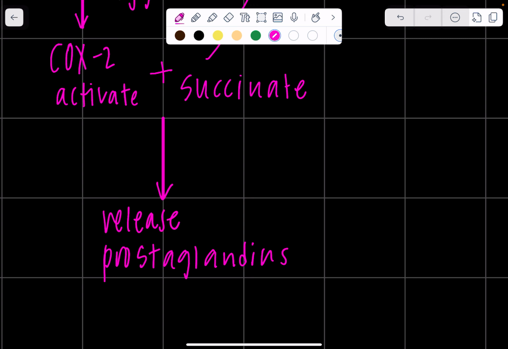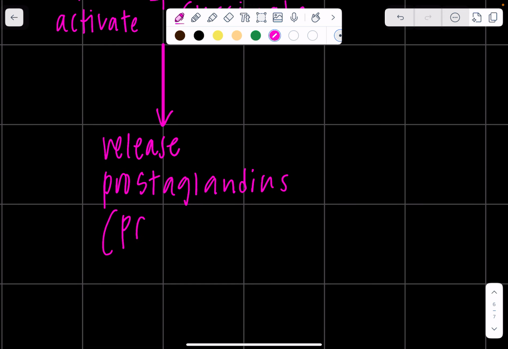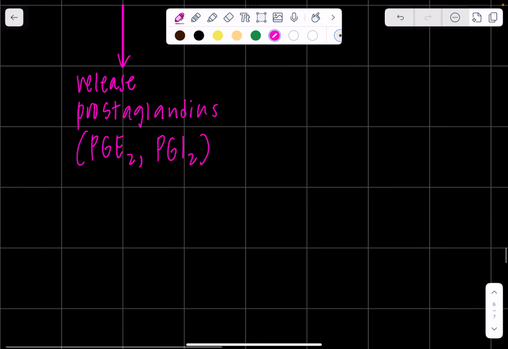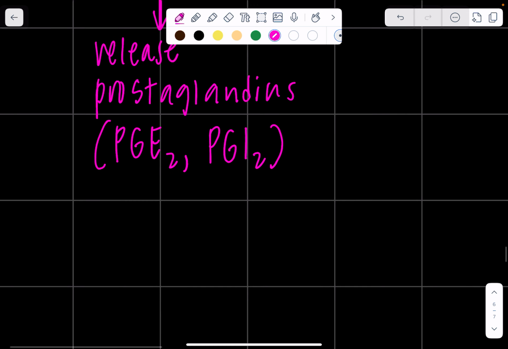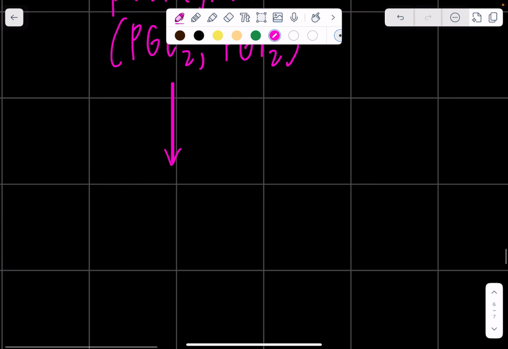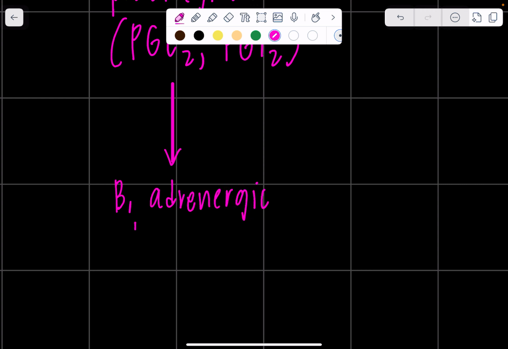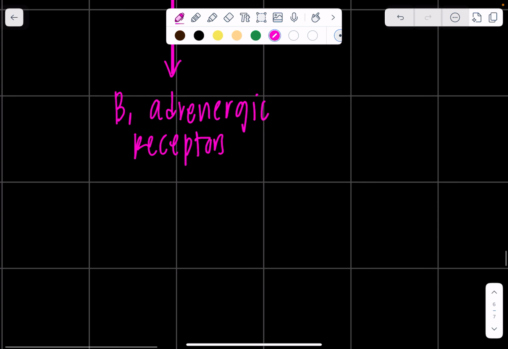Specifically, it's going to cause a release of prostaglandins PGE2 and PGI2. So the prostaglandins are then going to bind to beta-1 adrenergic receptors of the